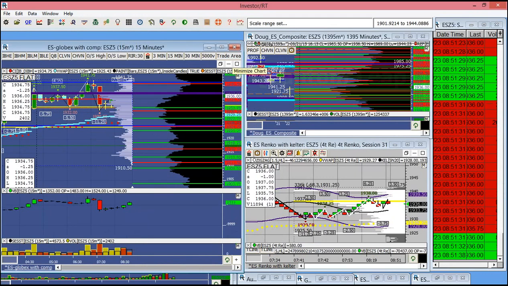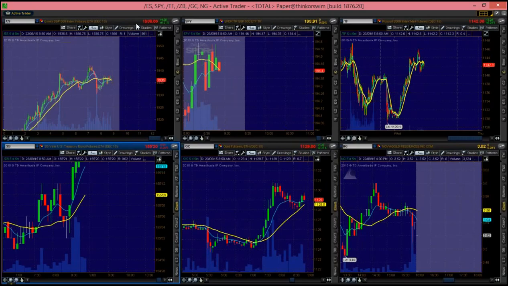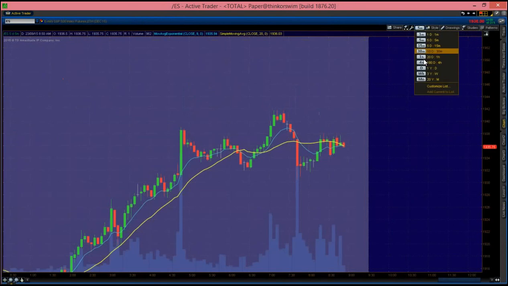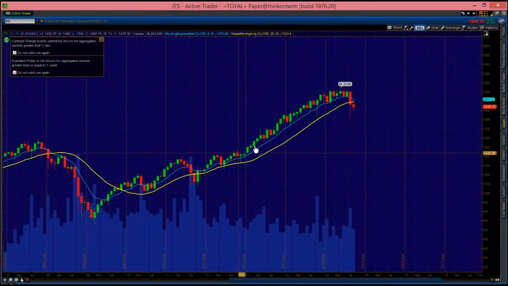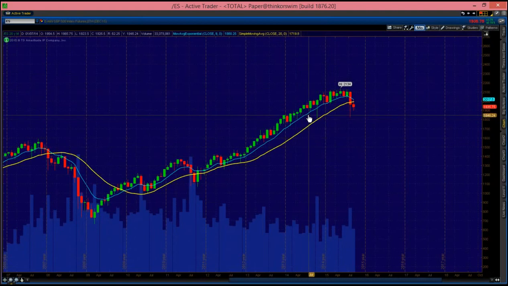I always like to start my day with a basic chart, starting with the monthly. Just taking a look at where we are in the trend in terms of the different time frames. I use a 9 EMA and a 20 SMA, and basically I'm looking for slope and separation and where